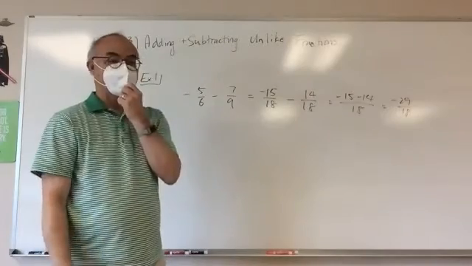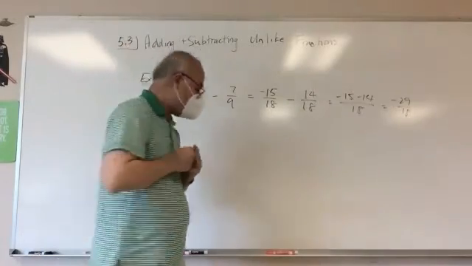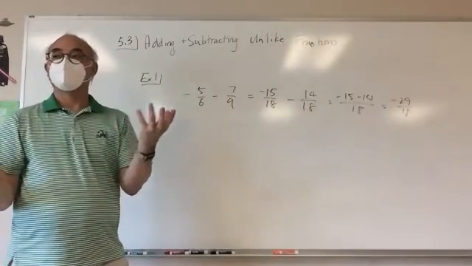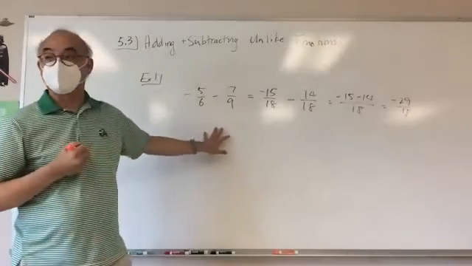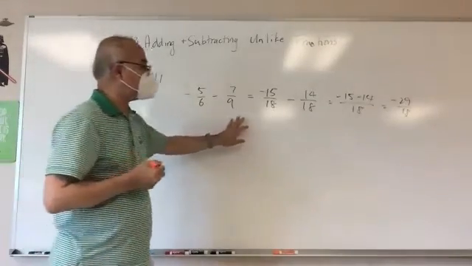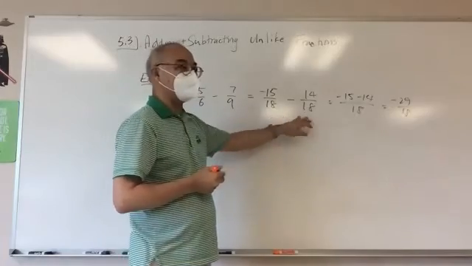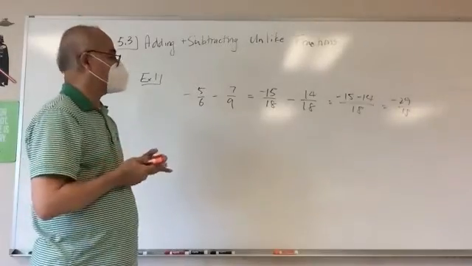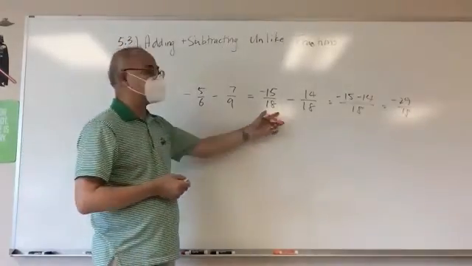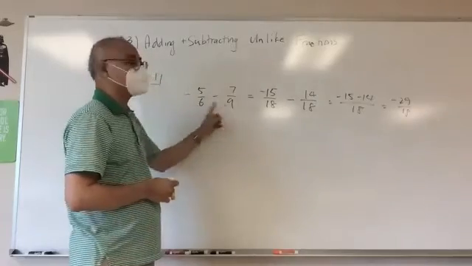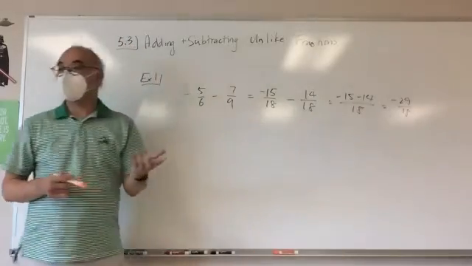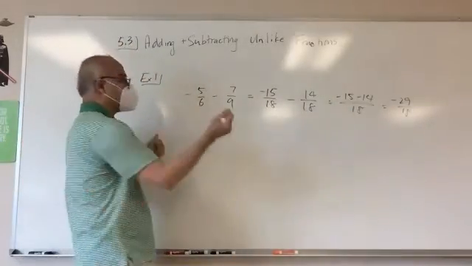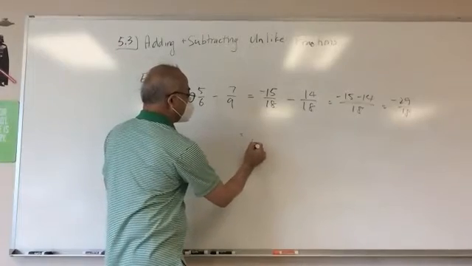Okay. Now let's go ahead and see what would happen if I found the wrong least common multiple. Let's say that I didn't catch that it was 18, and I'm just going to say, well, it's going to be this times this. 6 times 9 being what? 54, okay? So let's say that I thought it was 54 instead of 18. So then I'm going to go 54,